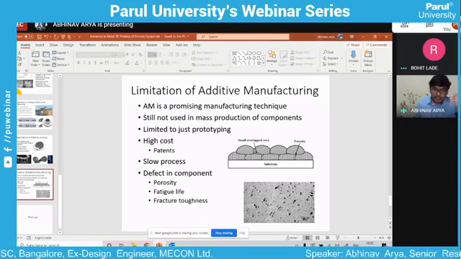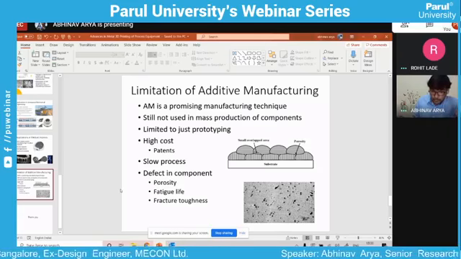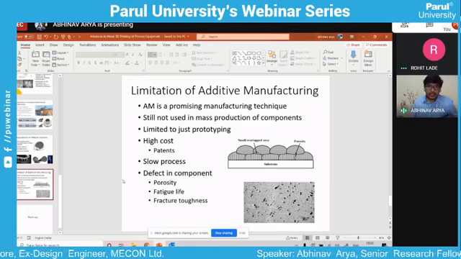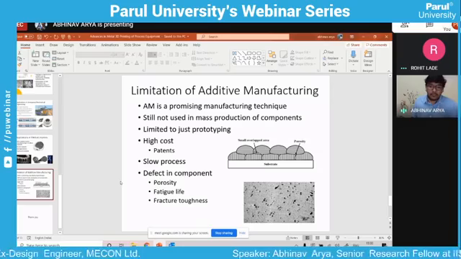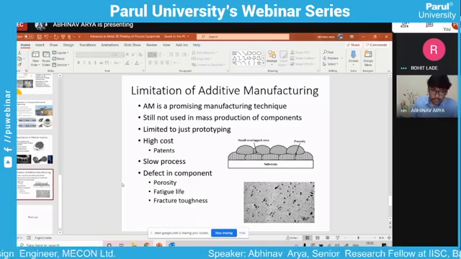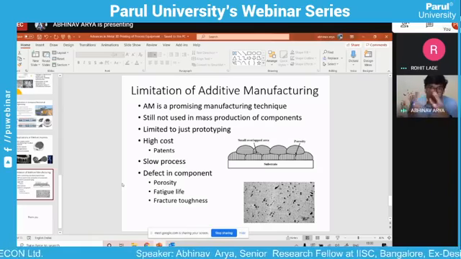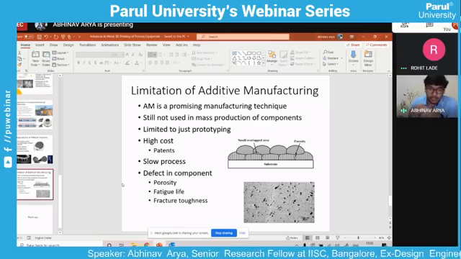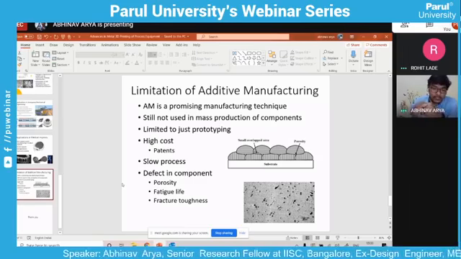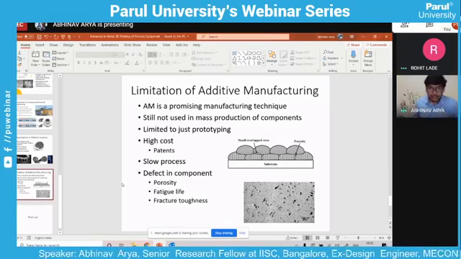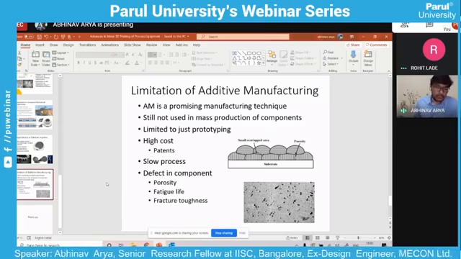So it is very important to know the application, and depending on that we have to see. In some applications we require material with very high hardness, so in that case we require material with a very fine microstructure or very fine grain size. So it varies from application to application.